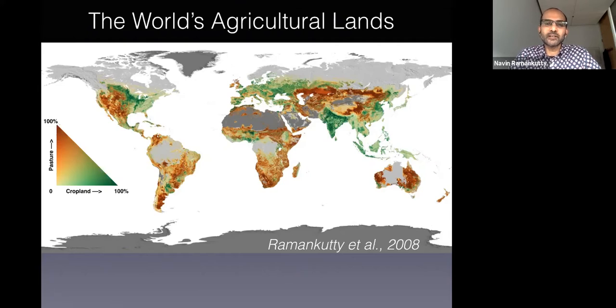And in fact, as some of you may know, that's where most of the deforestation is going on today. And that's because we are starting to use the last remaining lands for agriculture. So this has enormous implications as well. But it's not just about the amount of land that we use for agriculture.